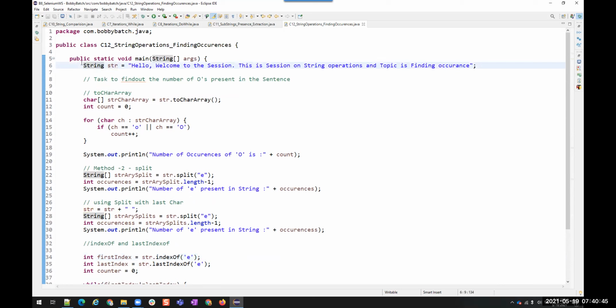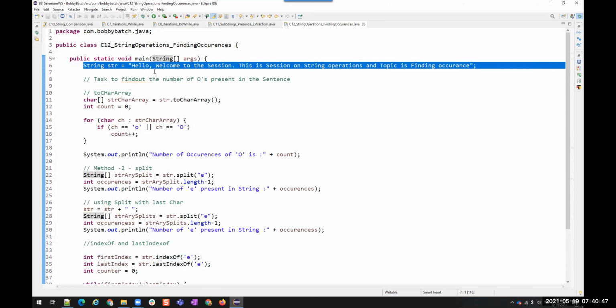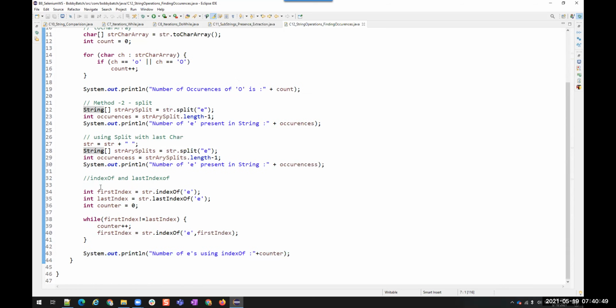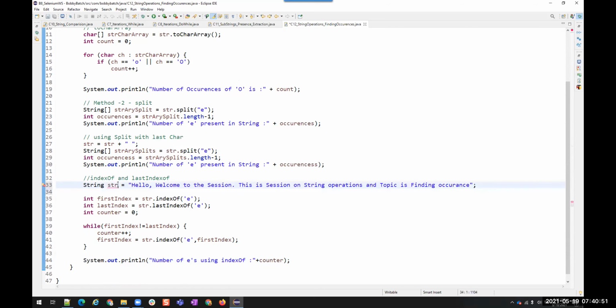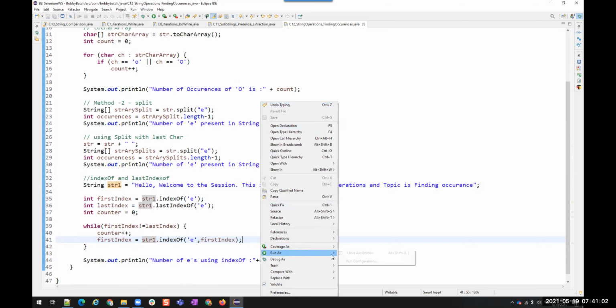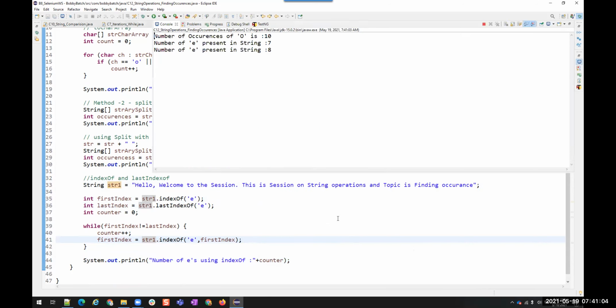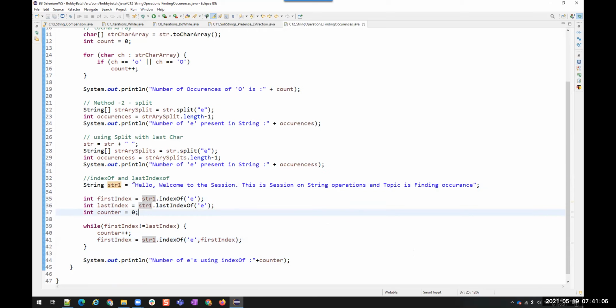Copy the string here. str1. Okay. What is happening? Why is it not coming here? Which one did you choose?